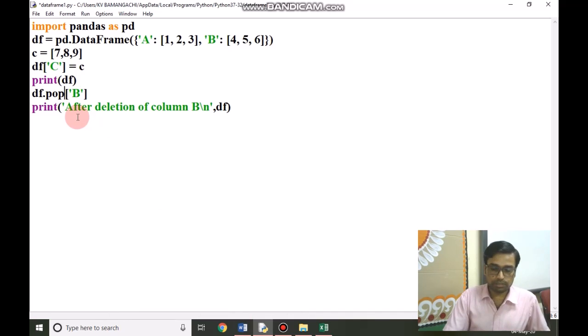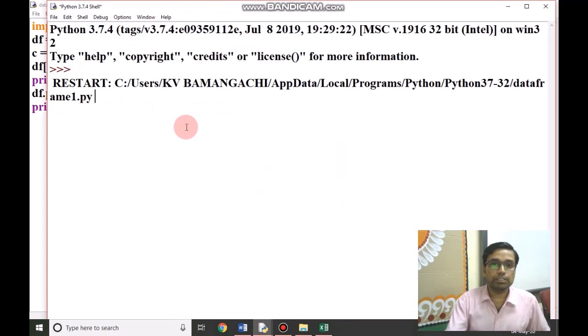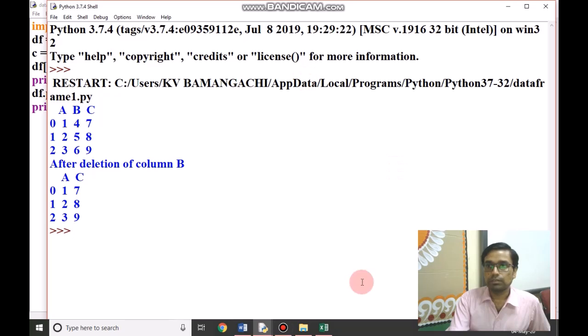We have to give small brackets for the pop function. If we run this program, you will see the same output will be produced by the program.